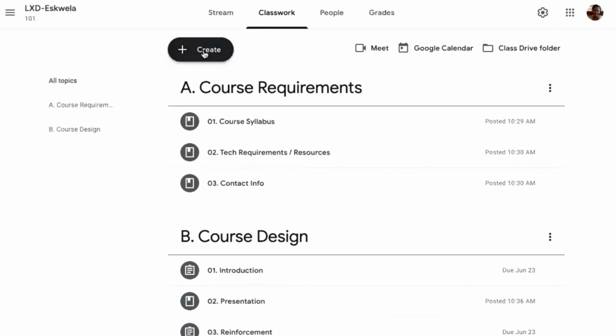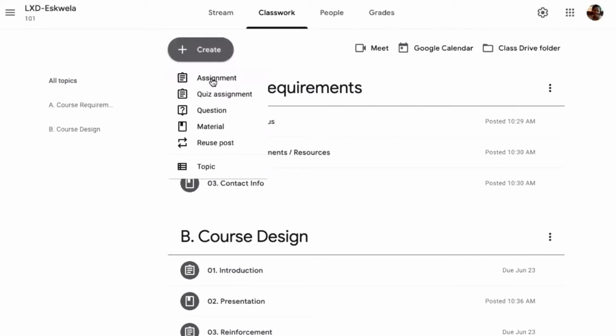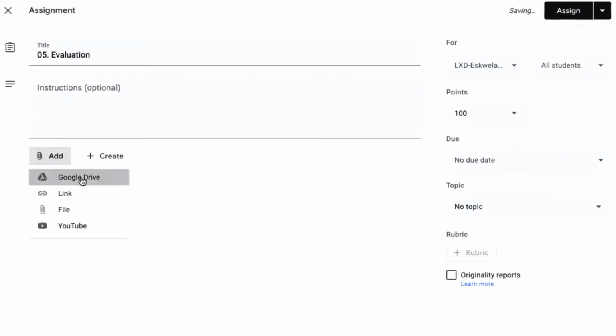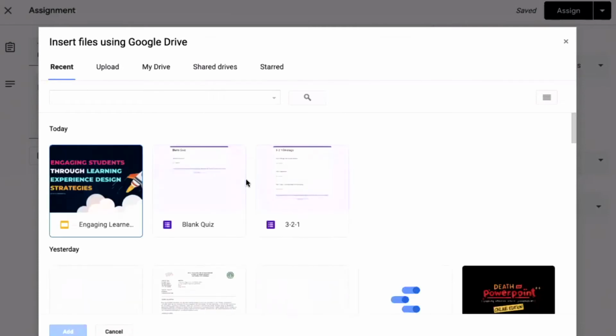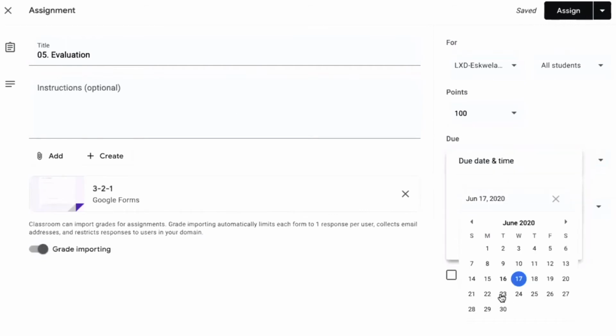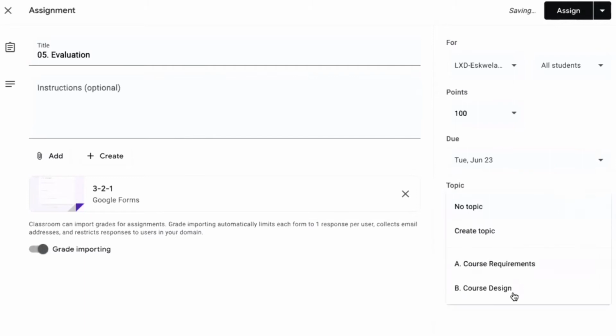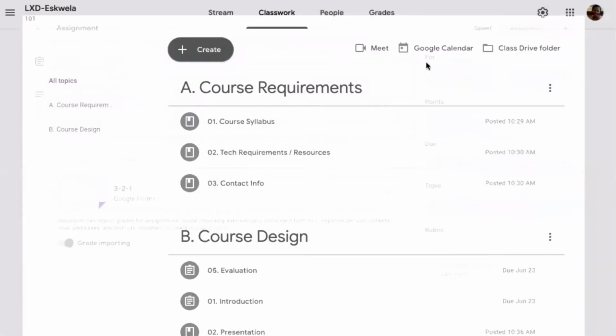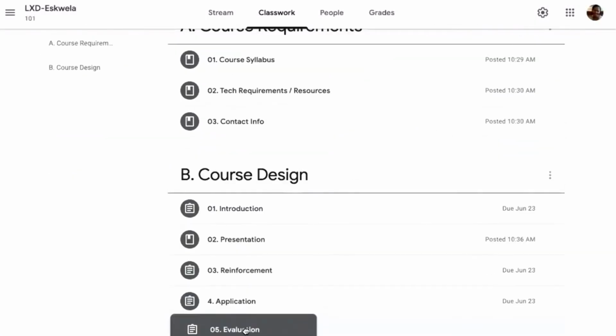Okay, so let's create an assignment. That is an assignment again. Okay, so this is the last one, which is evaluation. Okay, and then I'll add a Google quiz here, the 3-2-1 strategy. So I'll add here. Okay, due date is until next week again, and then topic is course design, and then I'll assign. Okay, so there you go. So we're done with the